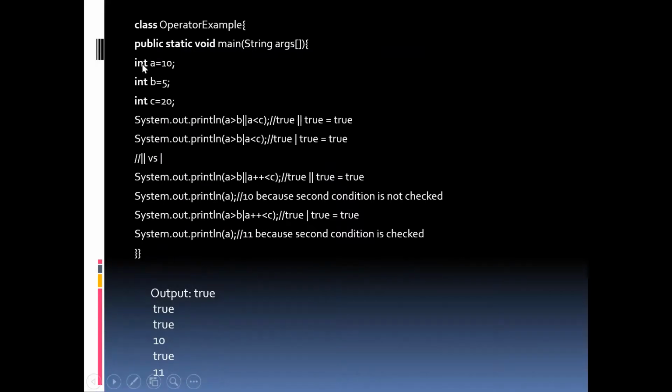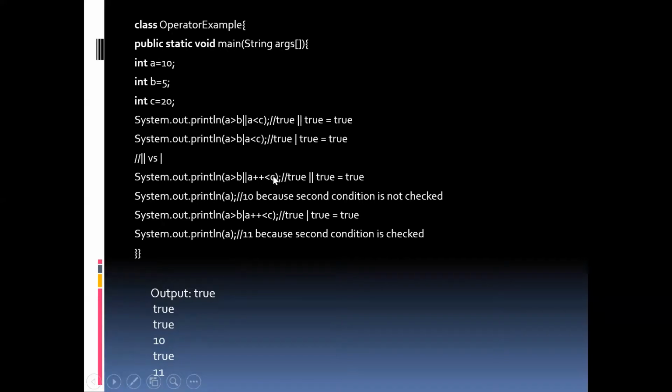The example program is here. You'll see a greater than b. So a is greater than b is yes, so it is true. When the or is true, it gives that only as the output. We know about logical or, so no need to check for this. It will print as usual true. And here coming to the bitwise or, a greater than b is true and a less than c is also true. So it always gives true. So true or true is true.